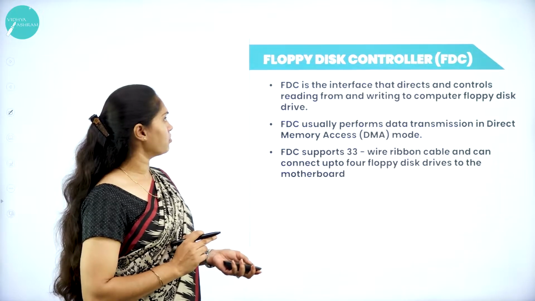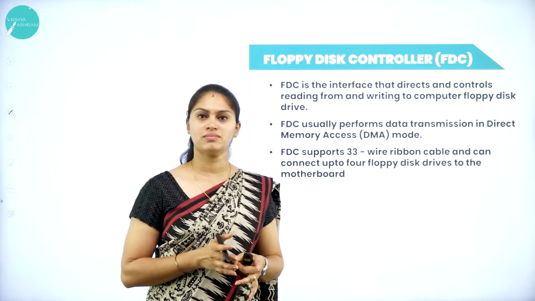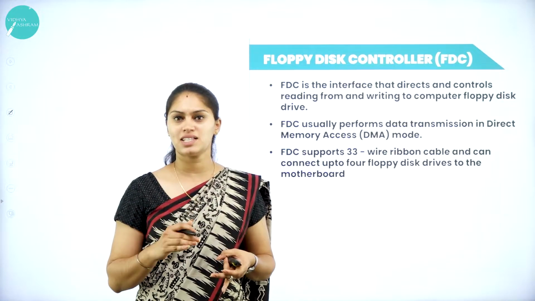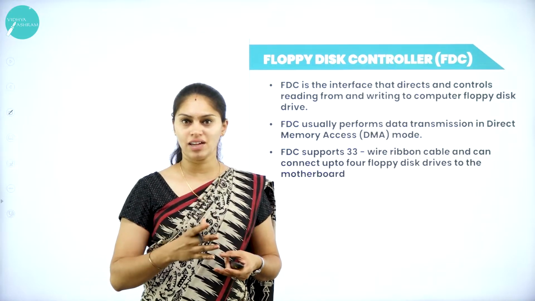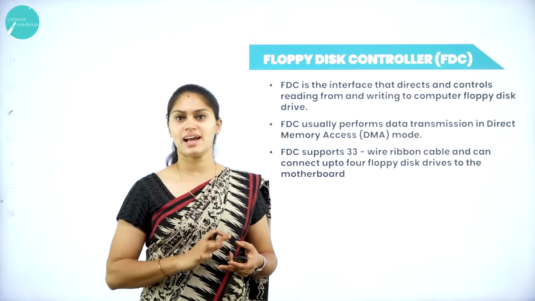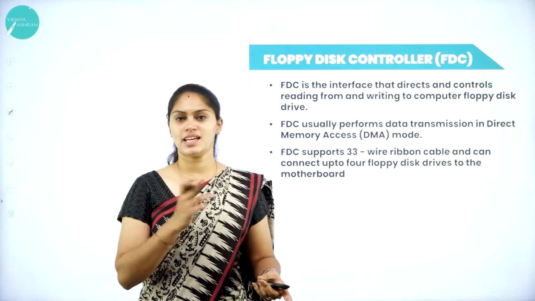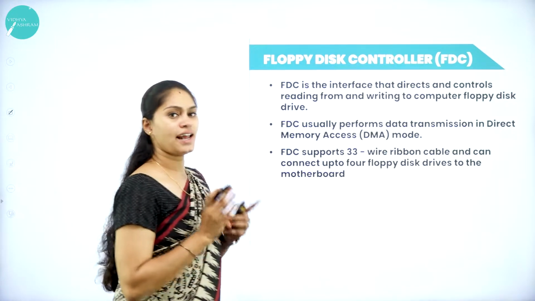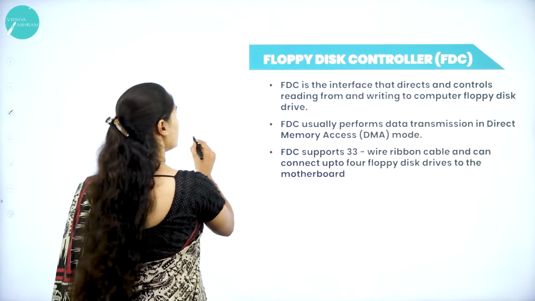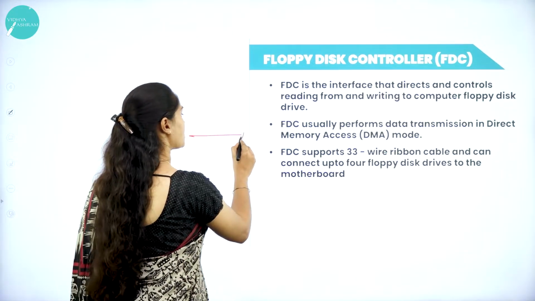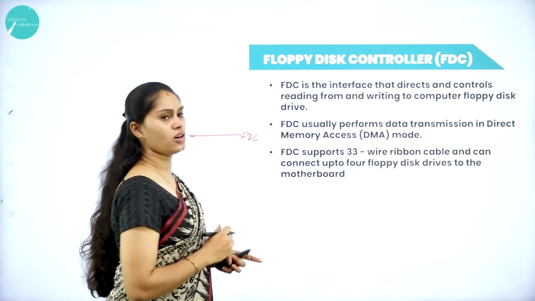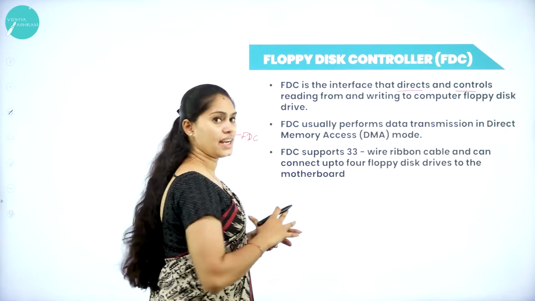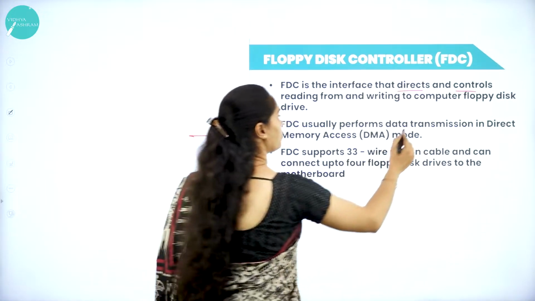So further I will move on to the floppy disk controller. The floppy disk controller controls the data transfer between the floppy disk drive and the CPU. That is the slight difference between the HDC and FDC. So now we'll see the points regarding this controller. It acts as an interface. So here also, the floppy disk controller will act as an interface. Between what? It directs and controls reading from and writing to the computer's floppy